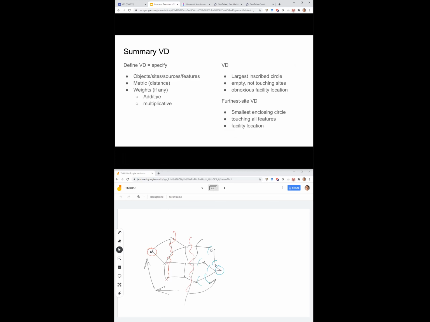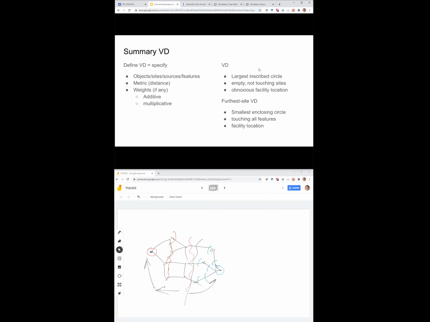Is there any additive weight, like having to wait at an airport for a certain time before you take the flight? In this sense, Arlanda is probably worse than smaller airports. Or for some other kinds of stations, maybe there are also waiting times associated with them. Or there could be multiplicative weights, mostly not about the clients but rather about the servers. Different stations, sites, or features may reach the clients at different speeds. So it's not about serving time, really, it's about reaching time. Then you have the multiplication in the Voronoi diagram.